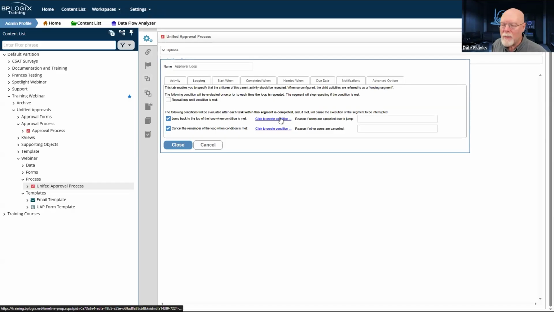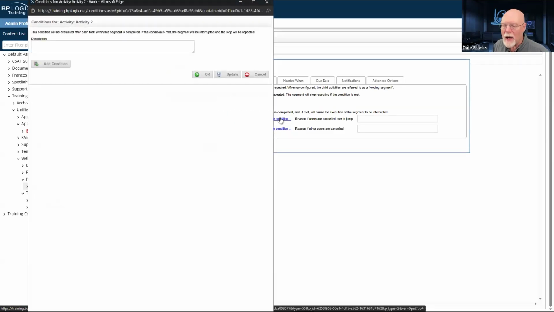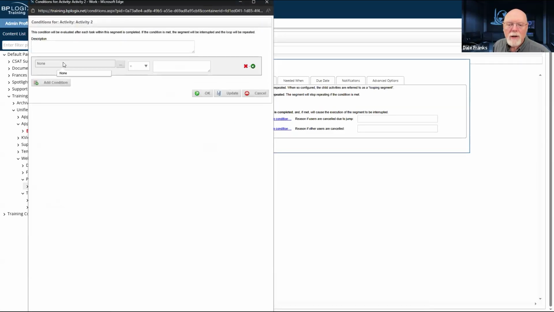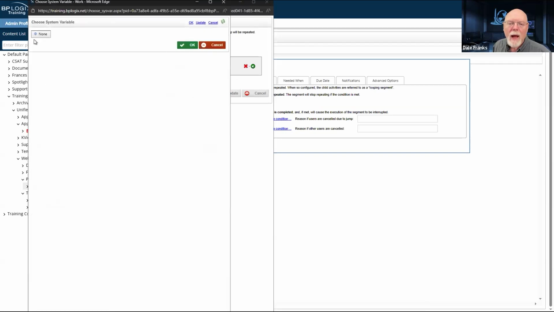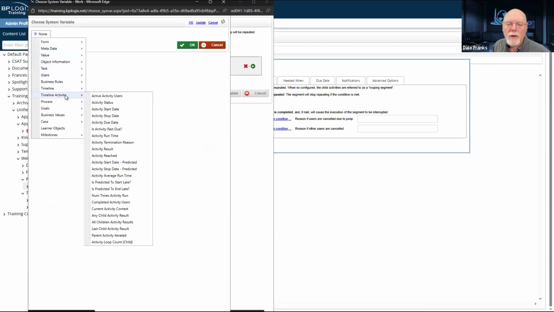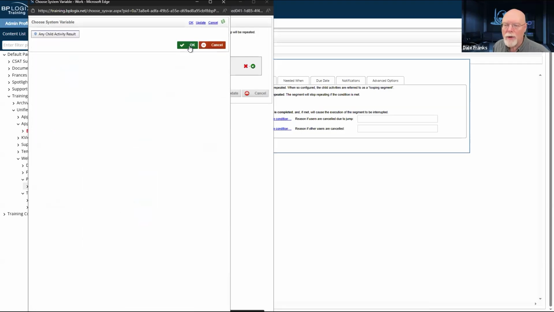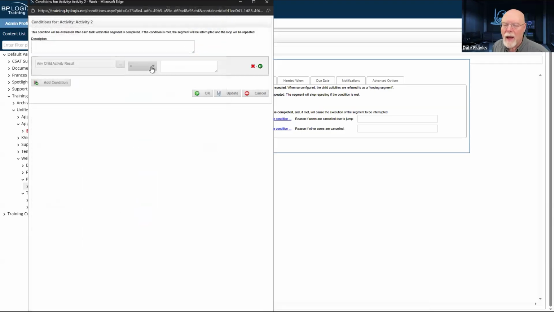So I'm going to need to have conditions for both. We're going to use the same condition, which is any child activity result for the condition. So we'll go to add condition, and we'll choose timeline activity, any child activity result. And we can use equals or contains here.